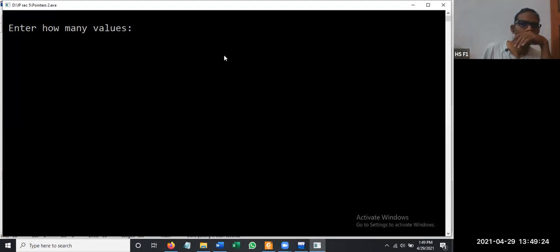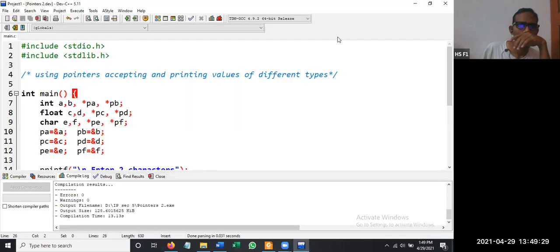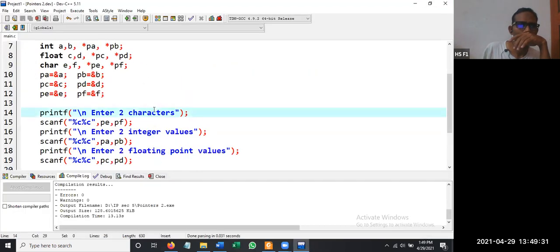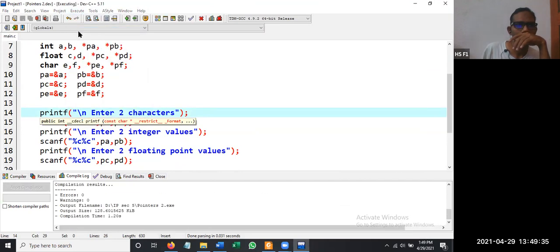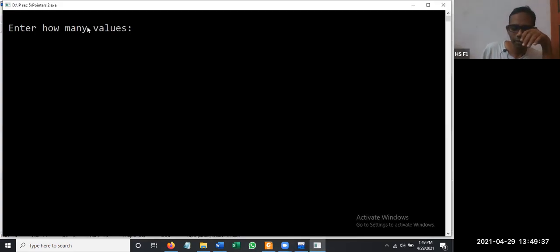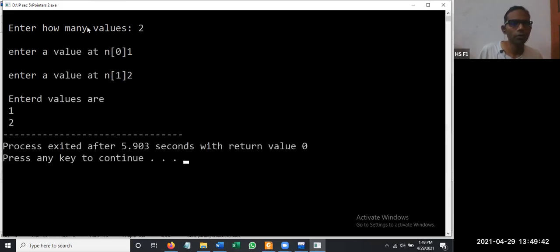Enter how many values? What is this? Enter 2 characters, right? Execute, compile and run. Why are we getting enter how many values? 2 values. 1, 2.